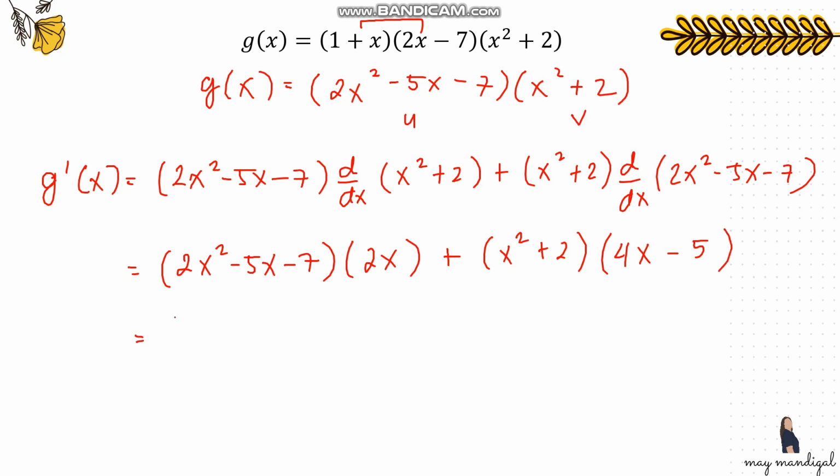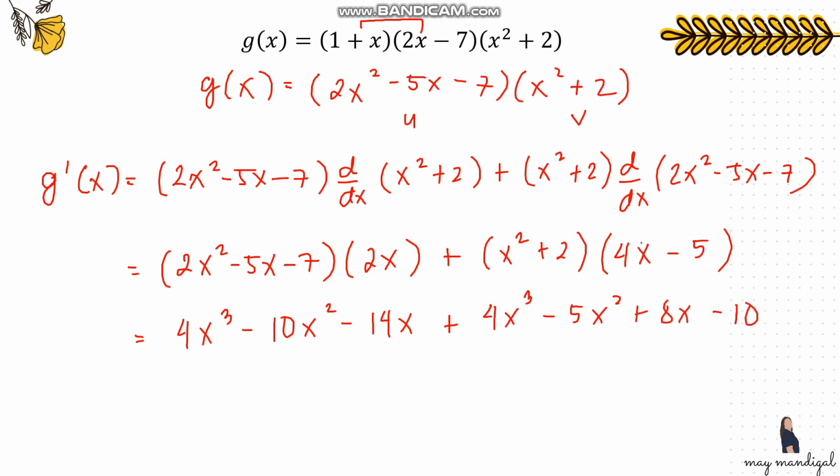And then, just simply distribute like what we did in the previous examples. So we have 4x cubed minus 10x squared minus 14x plus, and then on the other side, we have 4x cubed minus 5x squared plus 8x minus 10. Again, all you have to do is to distribute using the FOIL method. And so you already know it. I don't have to show it step by step. Again, just use the FOIL method. And then last is